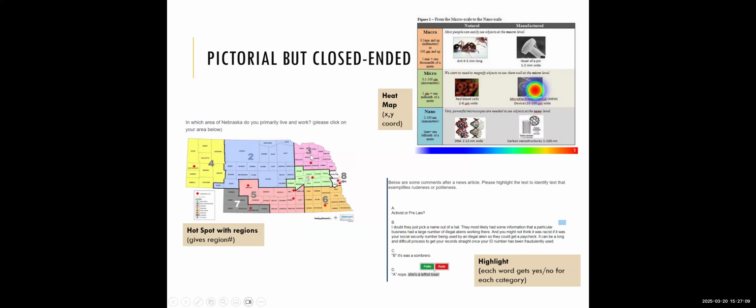You can upload an image, and you can tell Qualtrics that different regions of this image are different responses. And so the question might be, in what area do you primarily live and work? And because I have uploaded it into Qualtrics and set it as a particular type of question called a hotspot question, I'm asking people to look at the map and click on where they live. And that is going to give me the response. It's going to give me the data I need, about the region that they live in